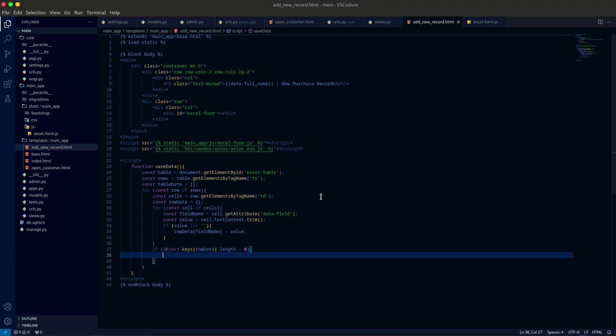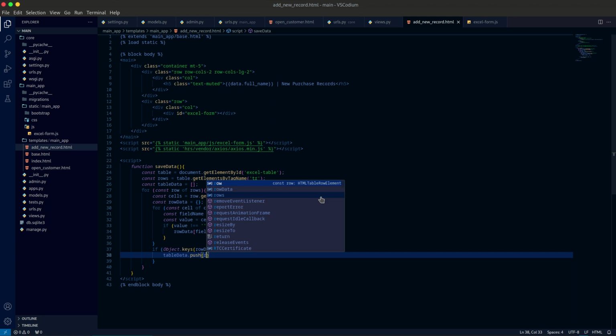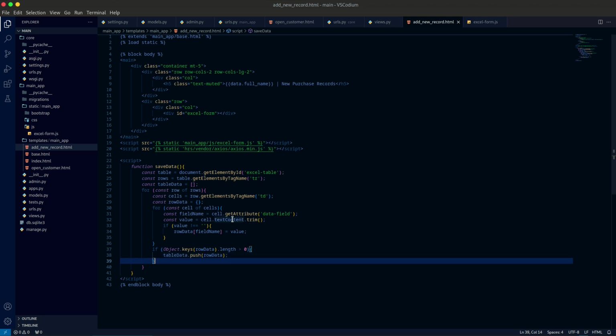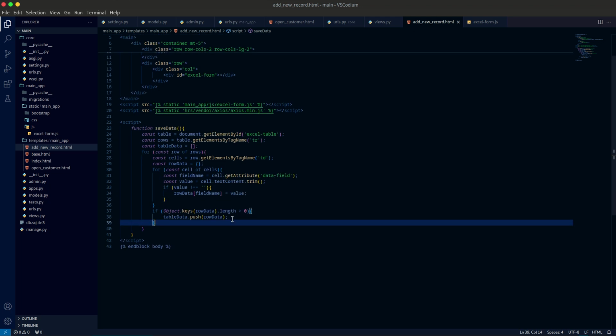Then we're going to say table data dot push. We need to assign all those rows, assign row data to the table data. After setting those things,